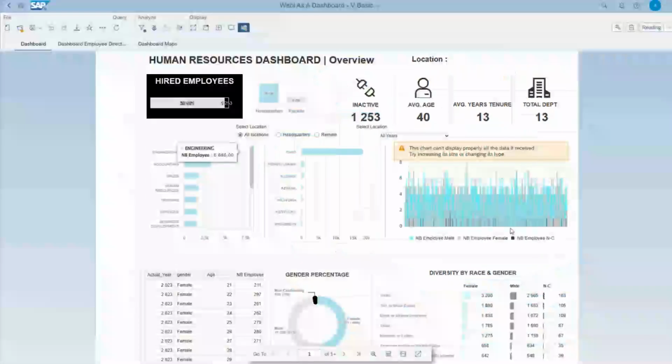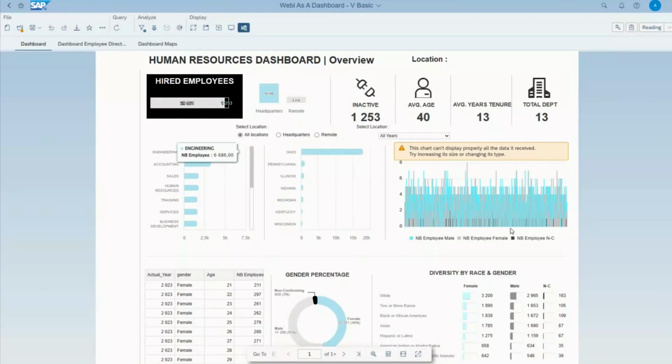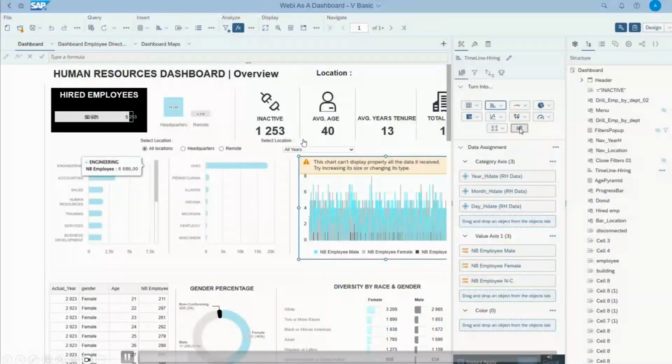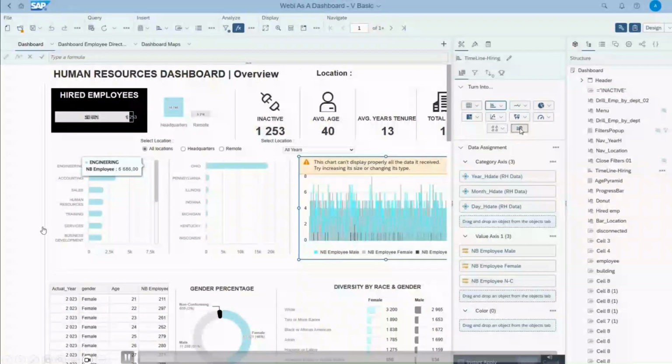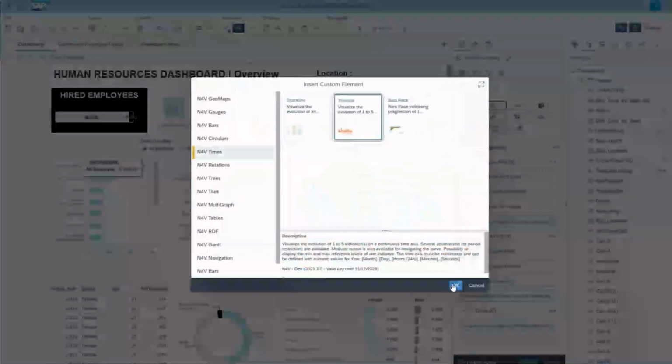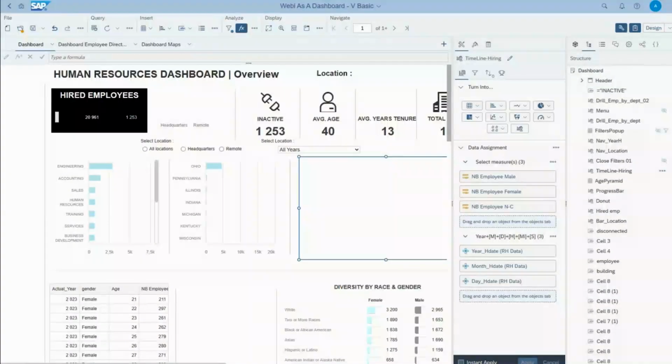But have no fear, we've developed a timeline that helps you overcome that obstacle. So what we're going to do here is go into design mode and change that out. We're going to right click on the element down below on the right, and then right click on it and turn it from a WebI native graph into a much more data rich N4V element known as the